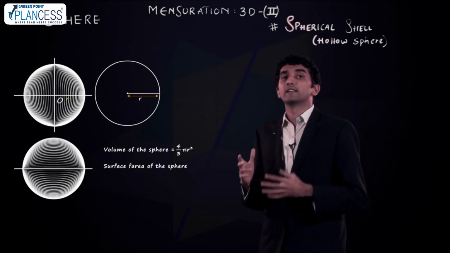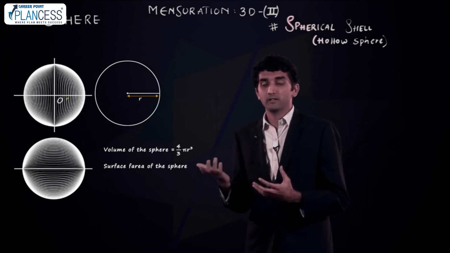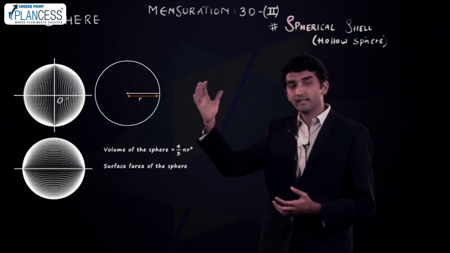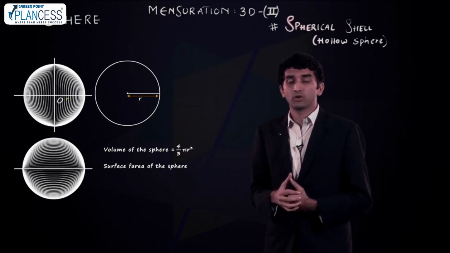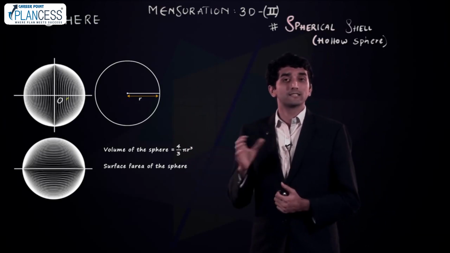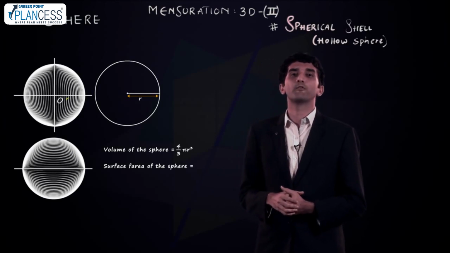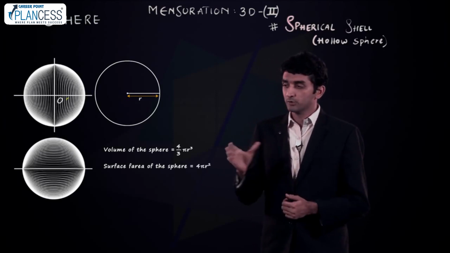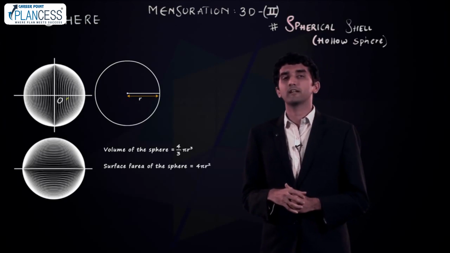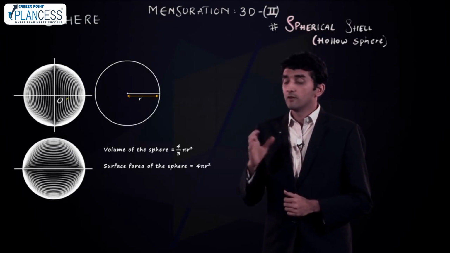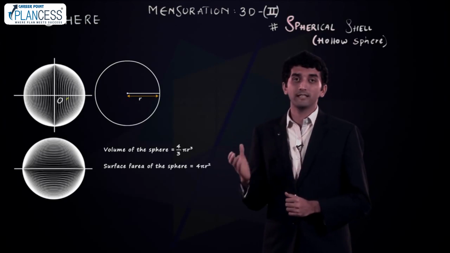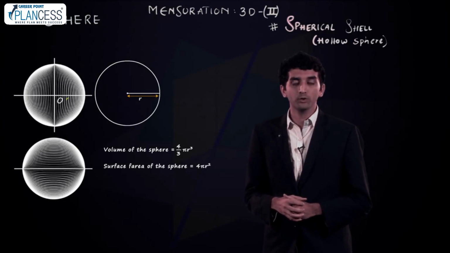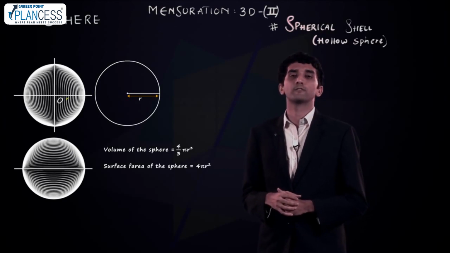And secondly, the surface area of the sphere. Surface area is the entire area on the outside of this solid, and the formula for the surface area of the sphere is 4 pi r square. So these are two very important formulae when it comes to applications of spheres. Volume of the sphere with radius r is 4/3 pi r cube, and surface area is 4 pi